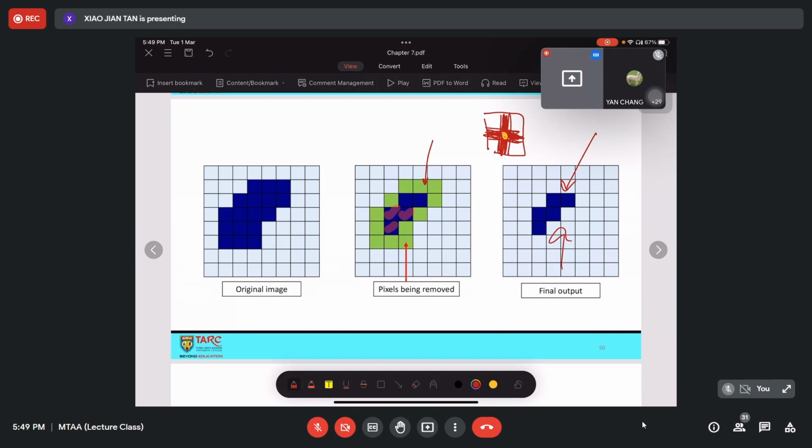By looking at the mathematical equations, of course, if your mathematical theory is very strong, perhaps you will understand. But to me, I would prefer to do some examples.